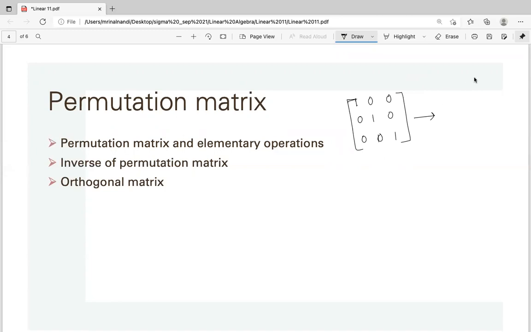Now, if there are six different matrices with the same rows, this is called a permutation matrix. Only one row or column operation you can apply, just an interchange of two rows or interchange of two columns. You can't multiply by a non-zero element. In the elementary matrix you can multiply by any non-zero element, or multiply by a non-zero element and then add to another row. Those are all elementary matrices. So the permutation matrix is a subclass of elementary matrix, using only one special elementary operation, which is interchange of two rows.